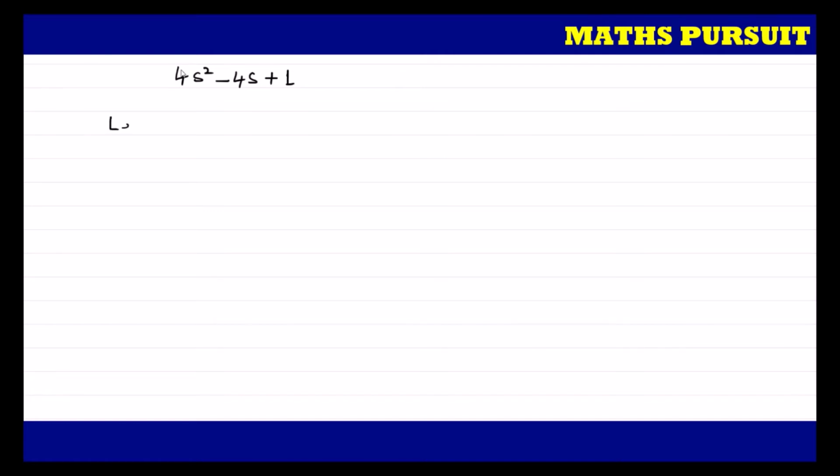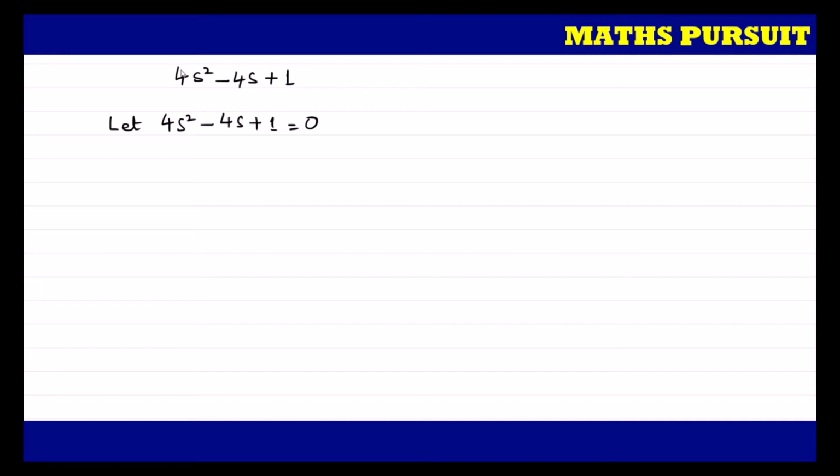Now let 4s^2 - 4s + 1 = 0. Guys, zeros of the polynomial, I believe you know by this time, but if you do not know, let me tell you in simple words. Zeros of this polynomial means we need to find those values of s which, if we put in this equation, give us 0. Those values of s are called zeros of the polynomial. So we are going to find the two values of s. If we replace those two values of s in this equation, one by one, then we will get 0. So this is known as the zeros of the polynomial.